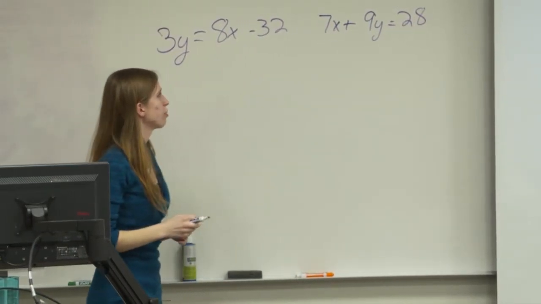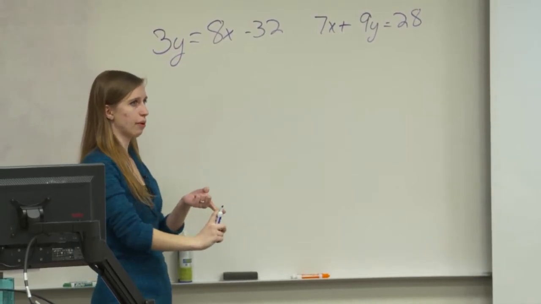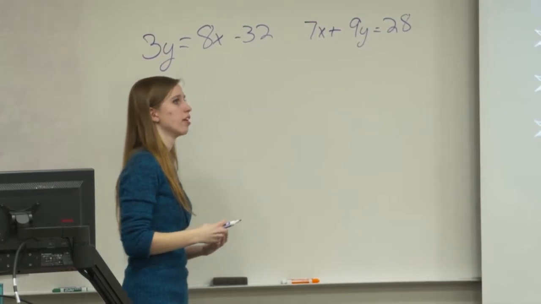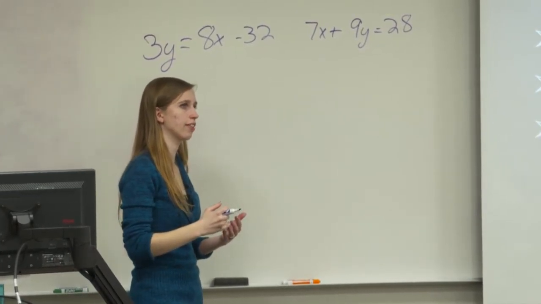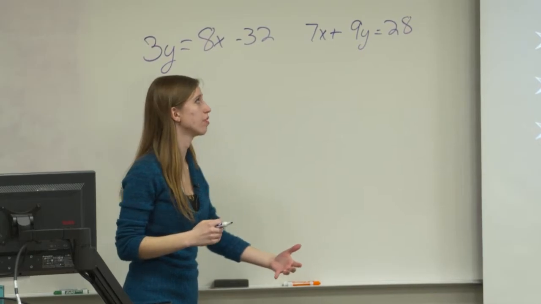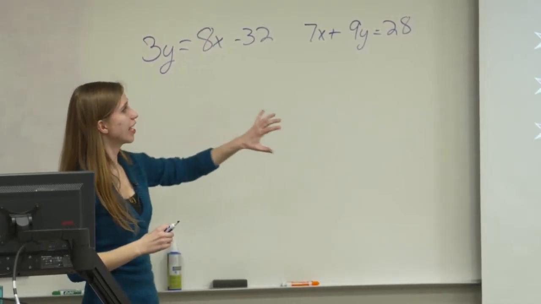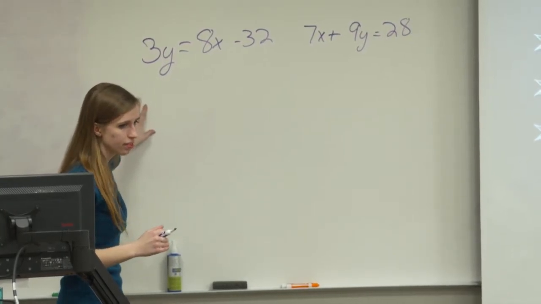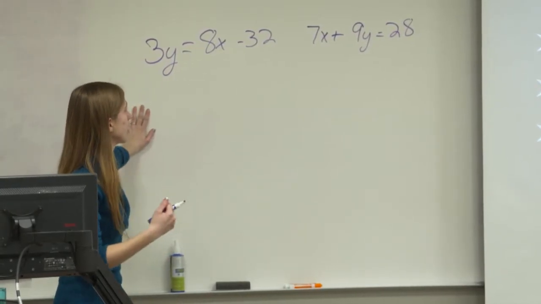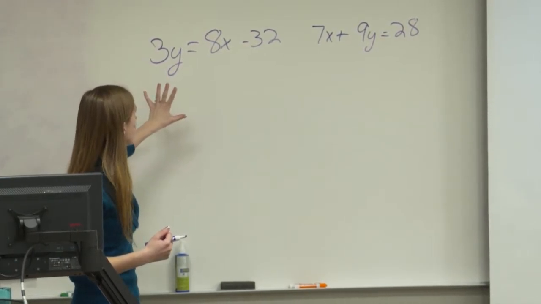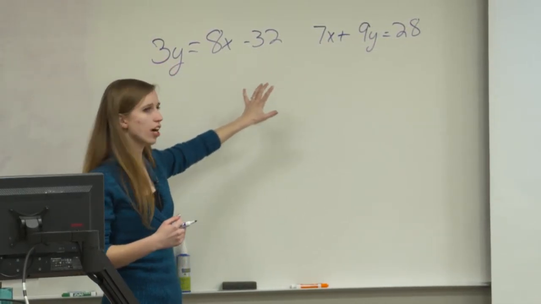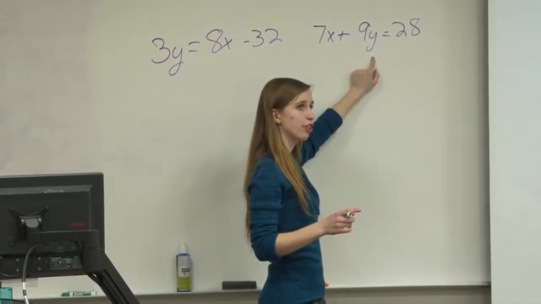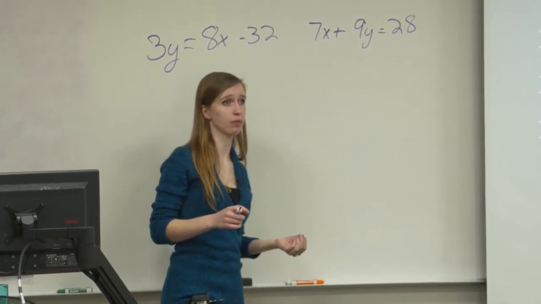Now in algebra class, we learn 3 different ways to solve this. You can solve it by graphing, substitution, or addition. However, what if you don't understand those, or you don't remember how to do them? By thinking in math, we can solve this without any of those processes. So, thinking in math here, we see that both of these equations are talking about the same objects, x and y. But they're saying different things about x and y.